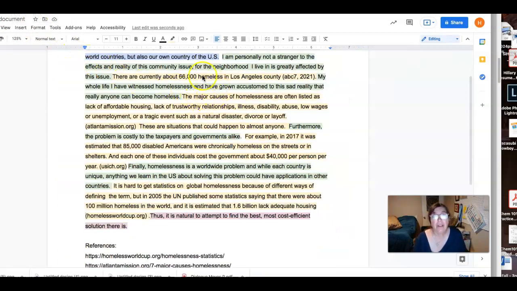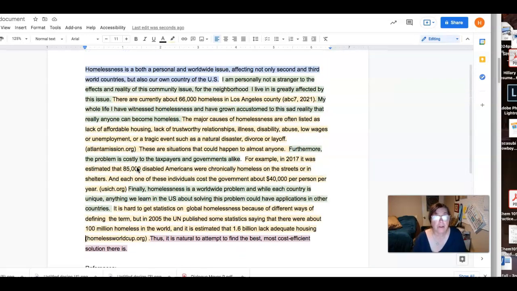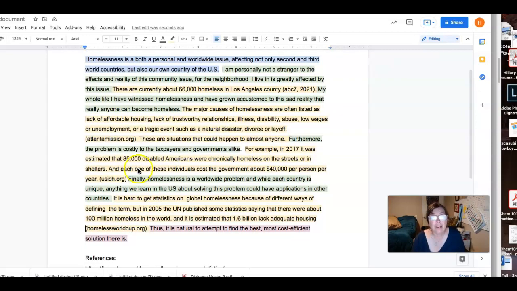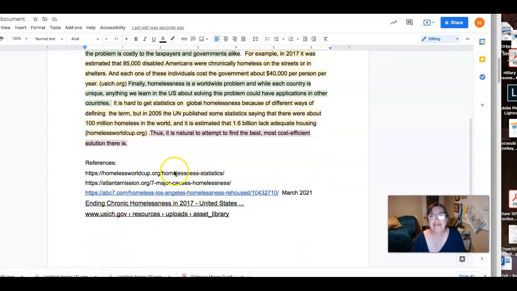Finally, as I gathered data off the internet, I remembered to grab the link to each of those websites. Remember, I haven't gone deeply into the issue of homelessness yet. I haven't looked at scientific research articles on it. I've just looked at what's fairly surface level on the internet, but it gets me going. So each time I added a data or statistic, I did a little inline citation. Right there, right there, right there. Pretty much after every yellow, I have the citation of where I got that data, and all those citations are easily matched with one of my references.